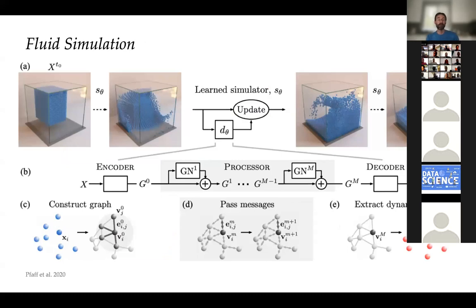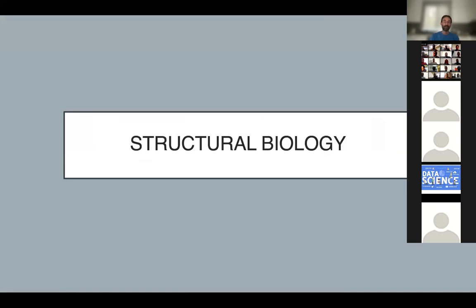So, another completely different application. This was a paper from DeepMind last year, and they used graph neural networks for fluid simulation. So you have a large particle system that can be used to model and simulate fluids. And of course, there are applications besides physics, also in computer graphics, where these particle systems are used to model water, smoke, and basically anything.